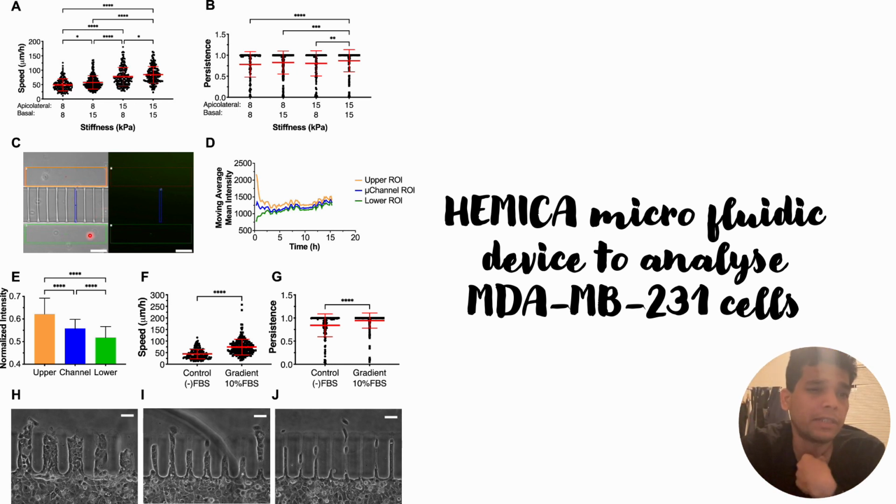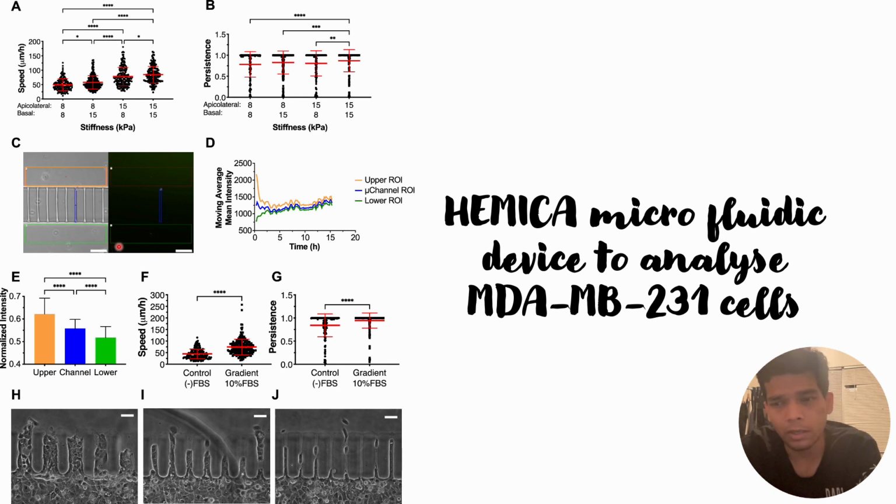Later on, in panel C, they have checked the chemotactic gradient, whether this HEMICA microfluidic device can be used to measure cell migration in a chemotactic gradient or not. And they can see the movement of the cells from one region of interest to another region of interest when they have used different kinds of media, that is, one media contains FBS and another media does not contain FBS. So they can see the chemotactic effect when they use this HEMICA microfluidic device,